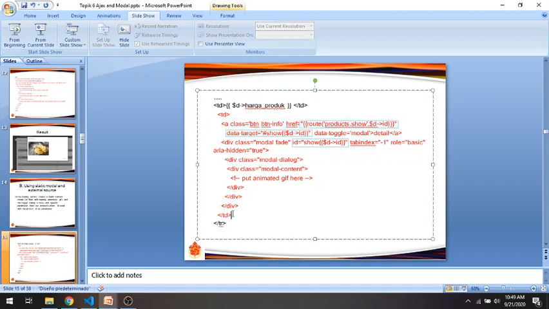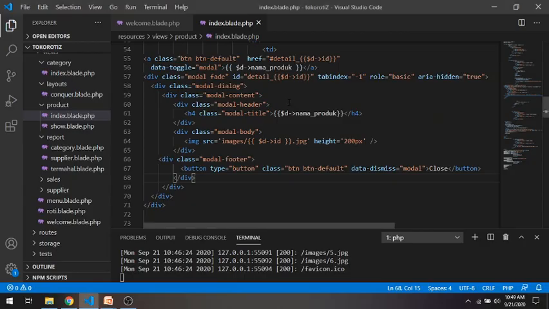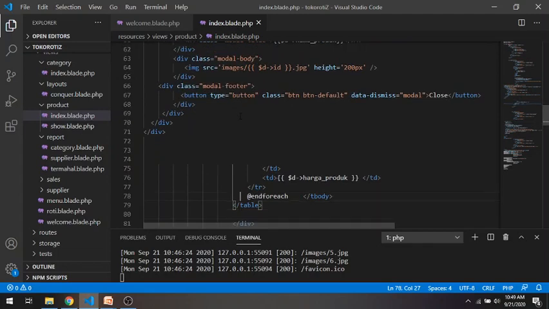Okay, we can put it next after the column harga produk. This one harga produk, we can put it here.